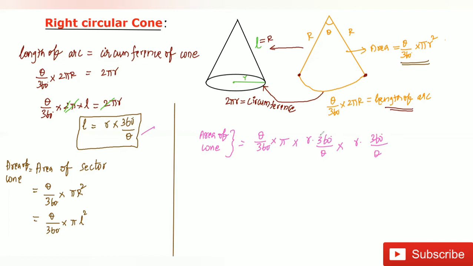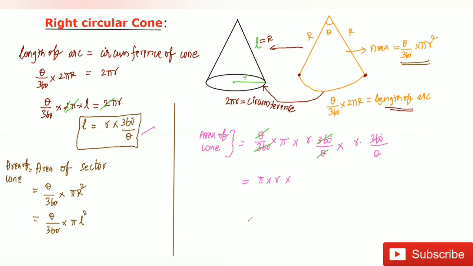L square in the sense we need to write the L value 2 times. That is the concept. So what values will be cancelled? Theta and theta will be cancelled. Likewise 360 degree will be cancelled. So what is the remaining we have? Pi R into